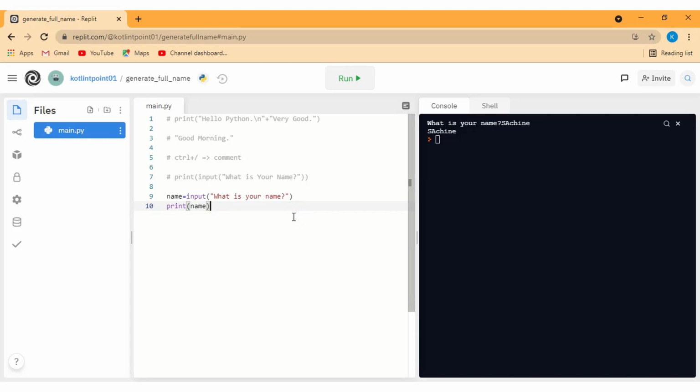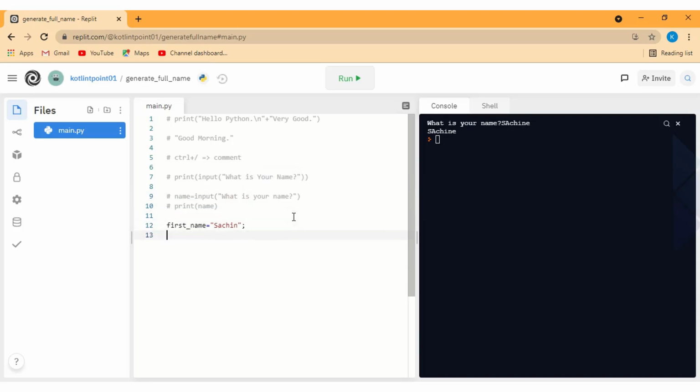So this is what a variable is, and you can store anything inside a variable. Let me have first_name here, suppose Sachin. Here I'm going to store the name Sachin, and let me comment this code as of now.